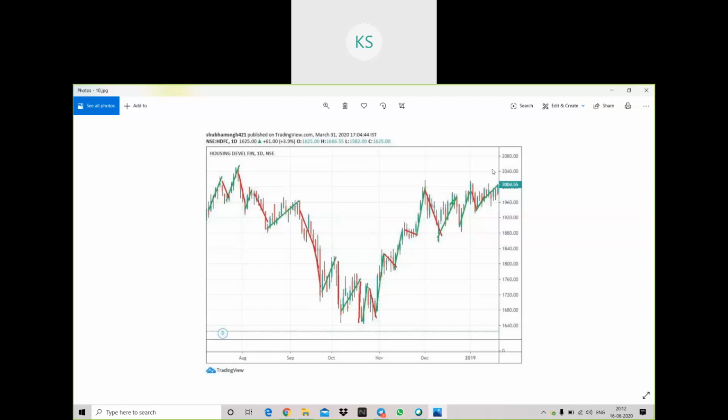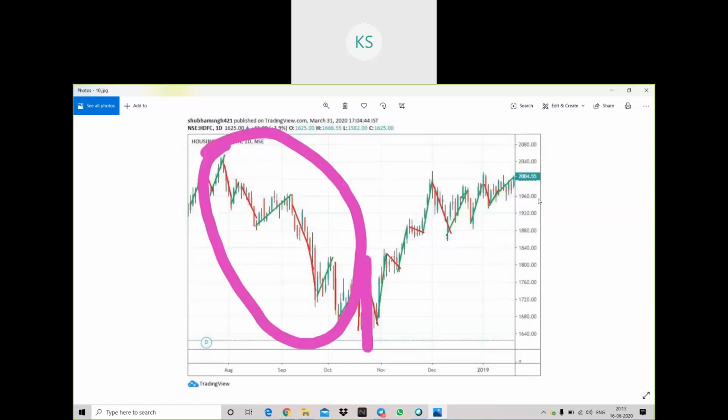From this point to this point, you'll see big green lines, and the red lines are very small. See how small the red line is here, how small the red line is here, and see here also it is small, and again a small red line here and a red line here. So the main trend is in upward direction, which is indicated by the green line. Now I'll move to one more example.